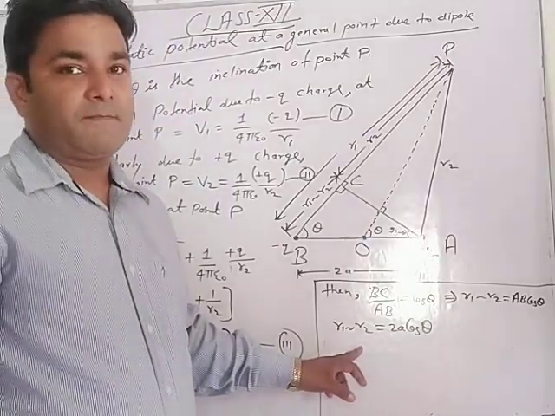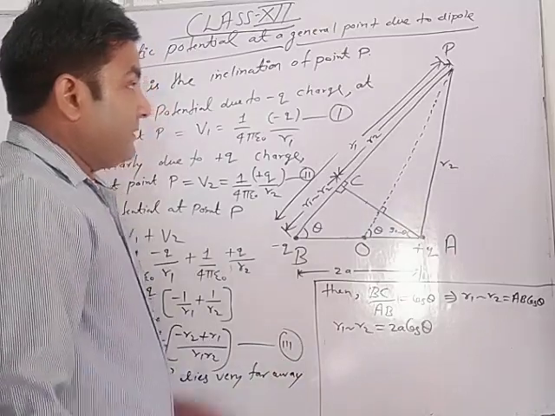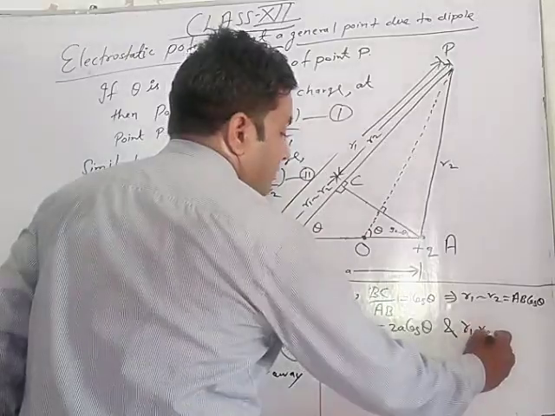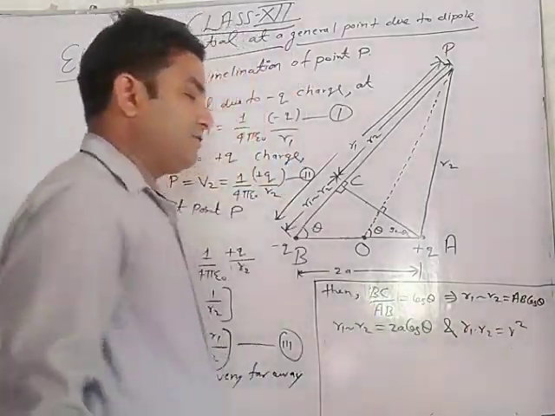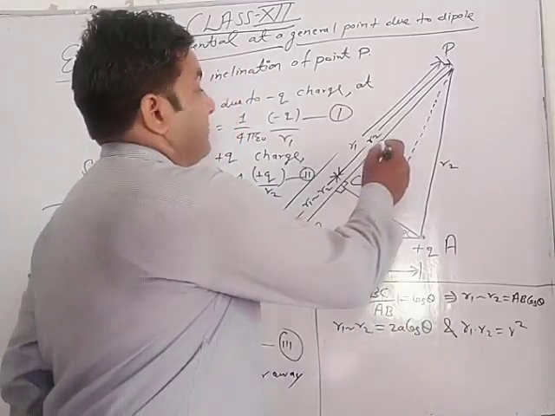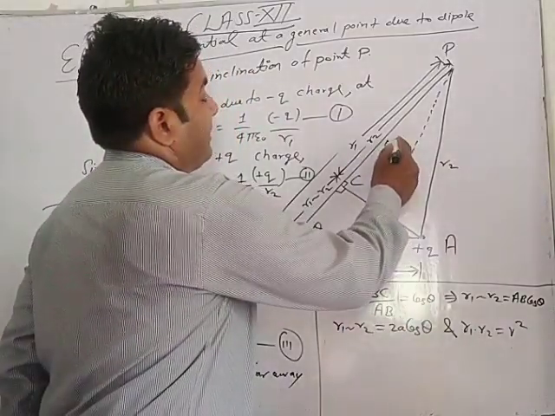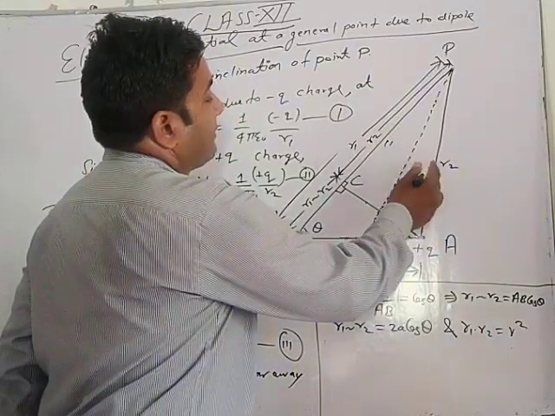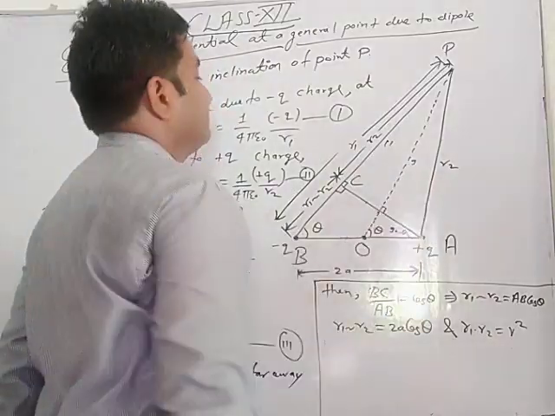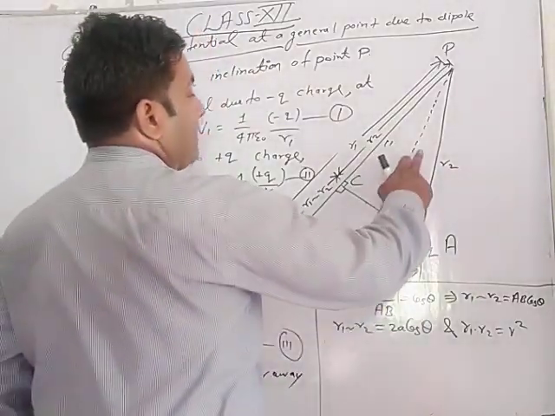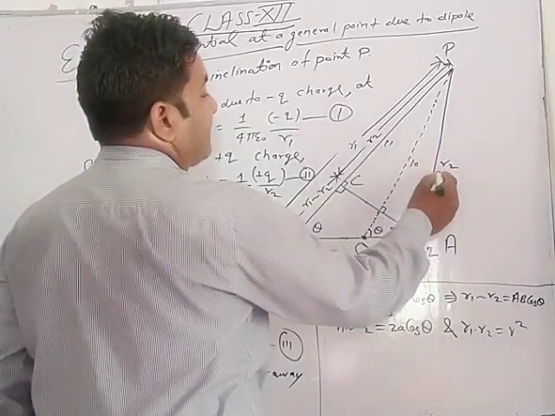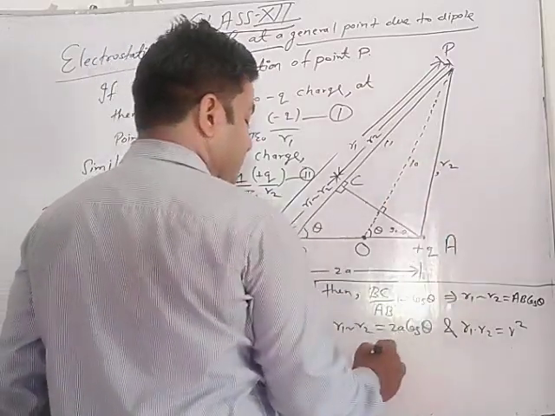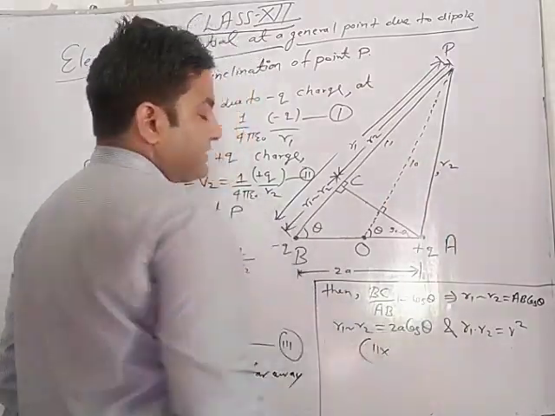2A cos theta. And then if the point P is very far away, then R1 into R2 will be R square. The concept of this one: R1 into R2 is equal to R square. How is it taken? Let's see, suppose this one is 11 and this one 9, and this one 10 and this one 9. Then 11 into 9, only one understanding concept.